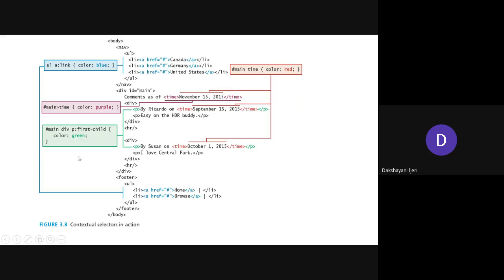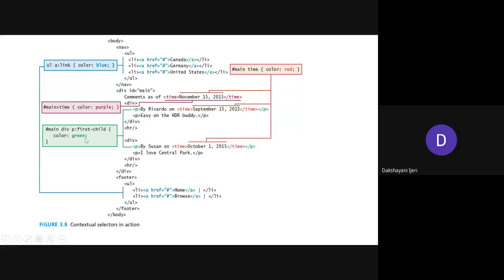Okay. So coming to the next one, main, under which the division. Main means under this division you have one more division element. So main division to this division, and to that P first child. So the paragraph being a first child under these two parents, that is the grandparent, parent, and this first child. This is the grandparent with a main attribute, and one more division element under which the paragraph element, this one. So this is going to be applied with this green color.